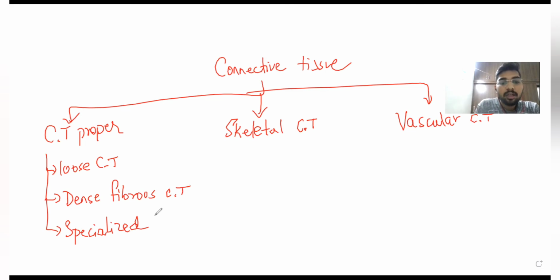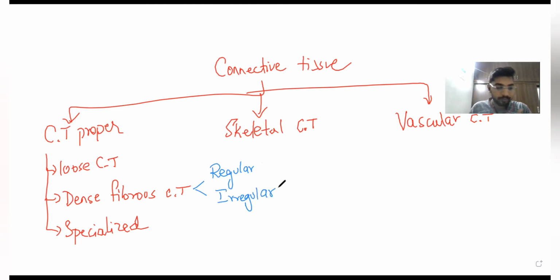Now, your loose connective tissue, the name itself says they are very loosely arranged. Dense fibrous connective tissue, they are a bit densely arranged. If the dense fibrous connective tissue is arranged in a regular pattern, in a proper systematic pattern, they are called regular dense fibrous connective tissue. If they are scattered, randomly arranged, there's no systematic arrangement in the fibers, then they are called irregular